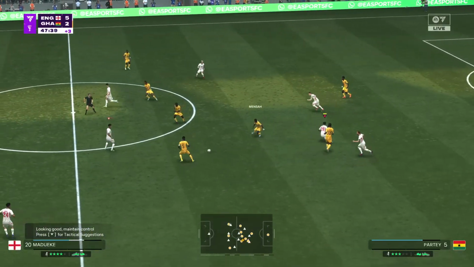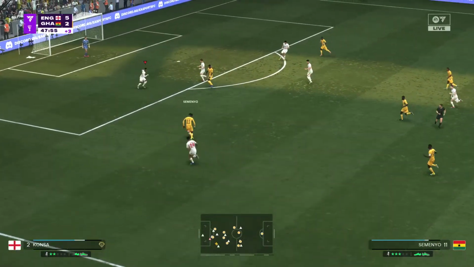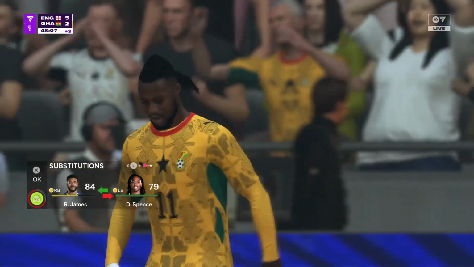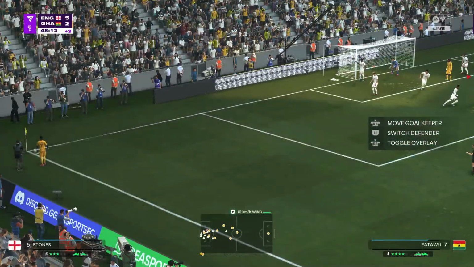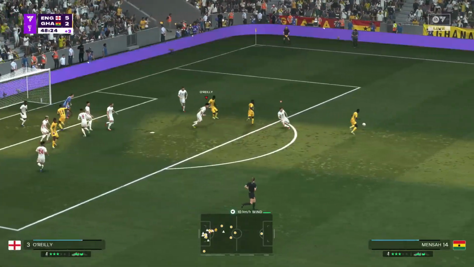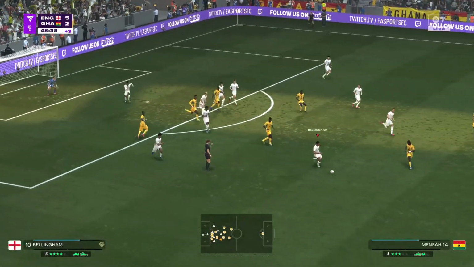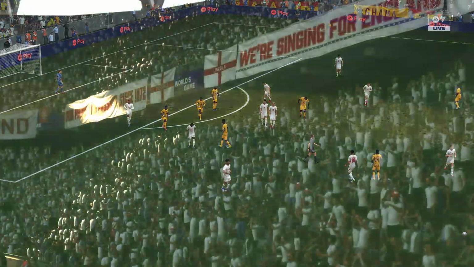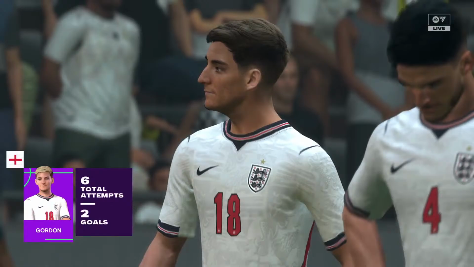Well, timed his challenge magnificently. Good ball over the top. Takes the shot. And the referee has given them a corner. Nervy clearance. Might lead to a chance. The first half here comes to an end. This man will get most of the plaudits for his contribution up to this point.